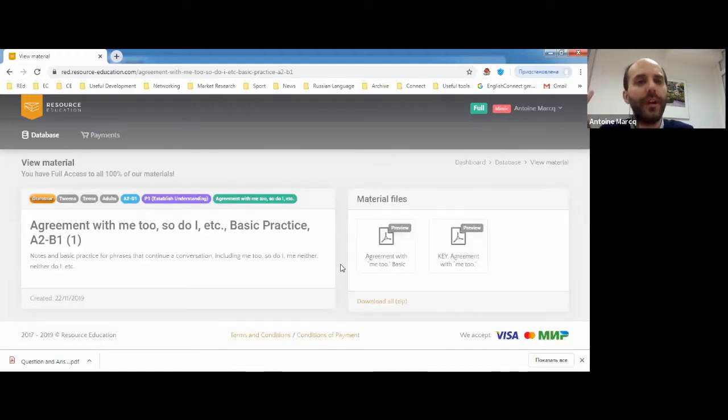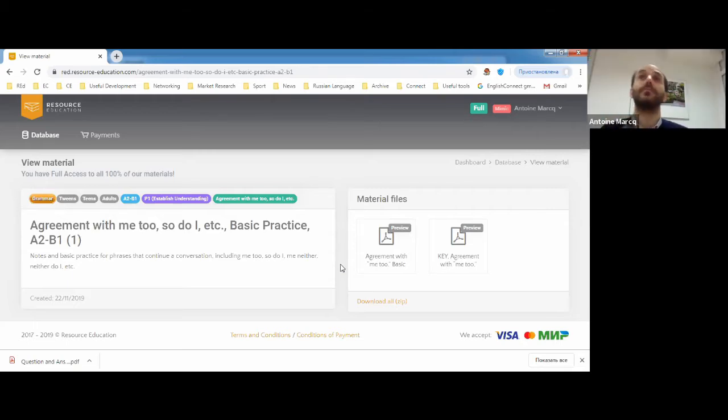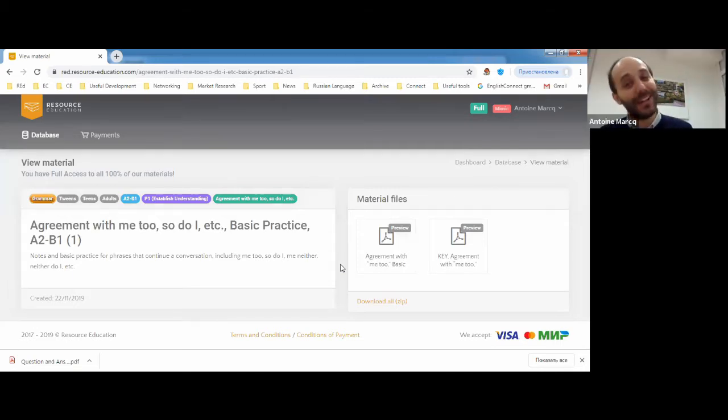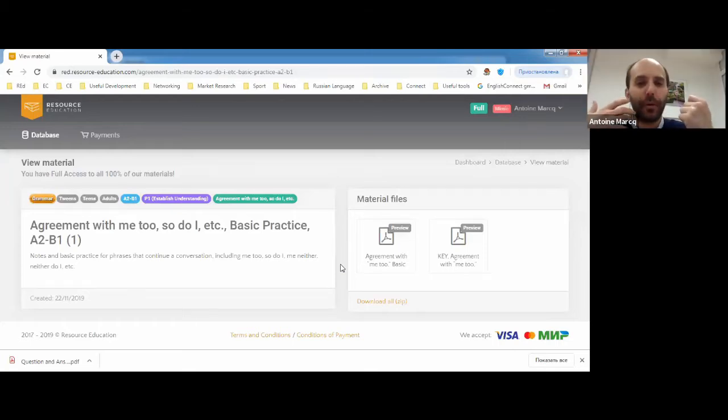So we know that in English we have these set answers when we're agreeing or disagreeing. I go to the gym every day. Absolutely not true. You just answer, "Me too." I don't go to the gym every day. "Me neither." These are very important for students to master. Why? Because